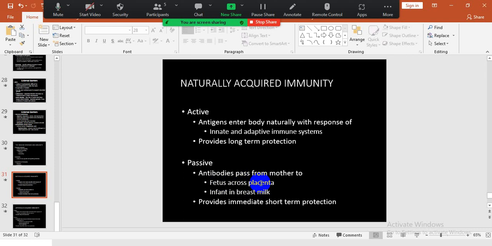The mother produces antibodies called immunoglobulin G through the placenta to the developing baby, which is called a fetus. Because when you give birth, it becomes a baby, but inside the womb, it's called a fetus. That's from after 2 months to 9 months. So the mother produces antibodies to fight infection in the baby, and they travel through